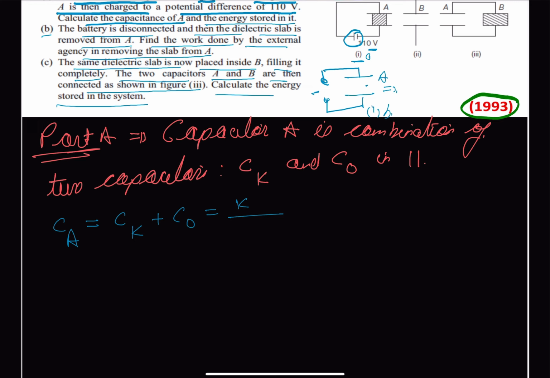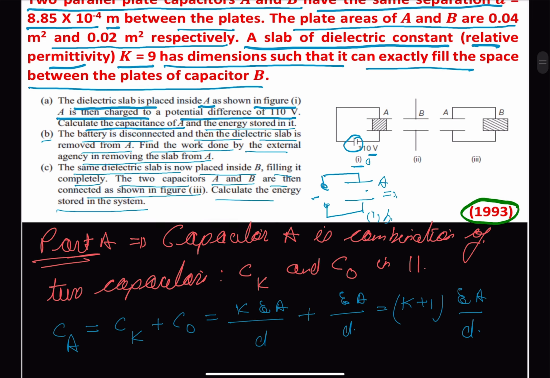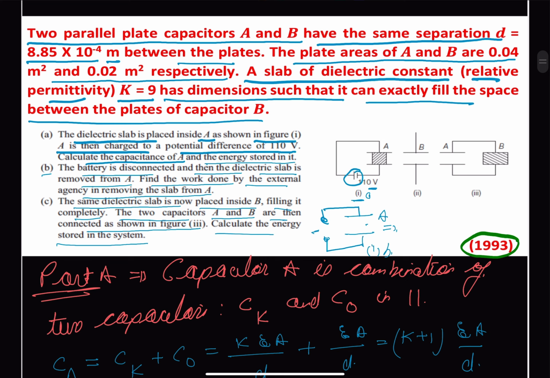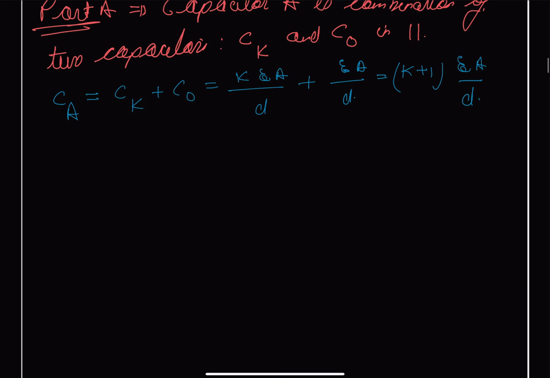So we get this as K epsilon naught A upon d plus epsilon naught A upon d. So we can write this as K plus 1, and here we have epsilon naught A upon d. And the area as well as the separation is given to us, and we also know the value of epsilon naught. So we substitute it,